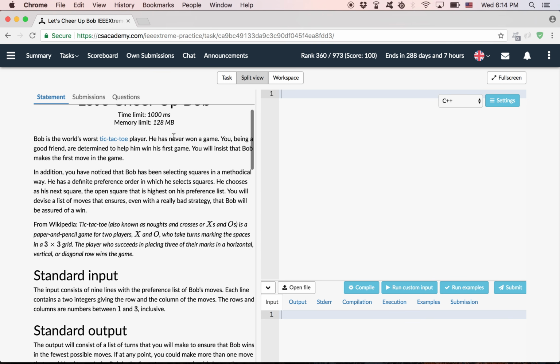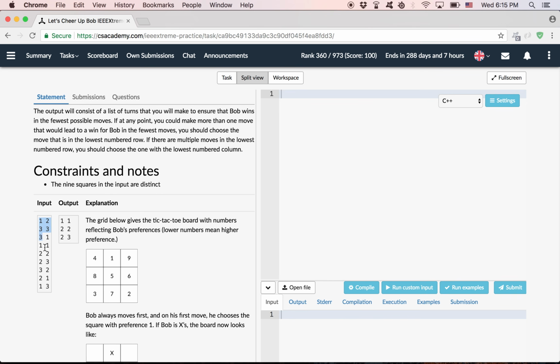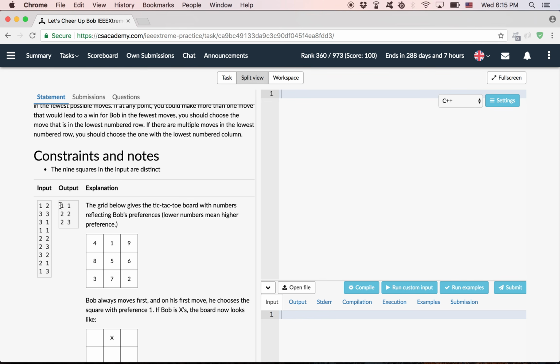The problem basically asks us to play a game of tic-tac-toe and to lose it on purpose. So we are playing versus Bob, who has his list of moves predefined. We are given that list as input, which is a maximum of 9 moves. And we should make sure to lose as soon as possible. So basically,